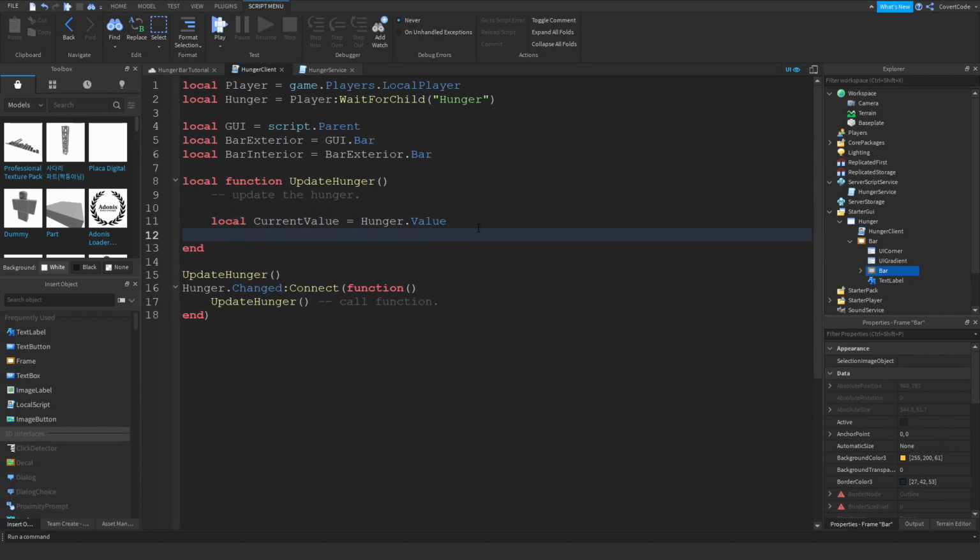Now, we're gonna have a formula, okay? Let me just write this down, then I'll explain what this means. So local formula is equal to math.clamp, okay? Current value divided by 100, 0, 100. So, math. I know it's scary, but don't worry about it. So math.clamp essentially